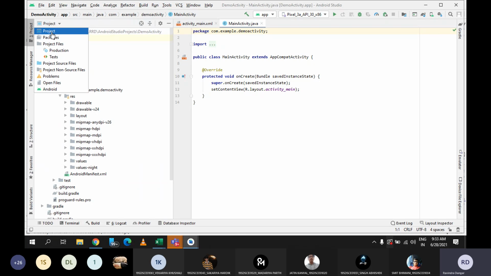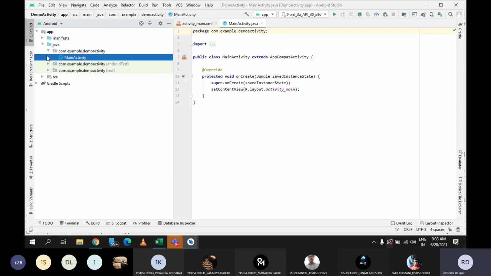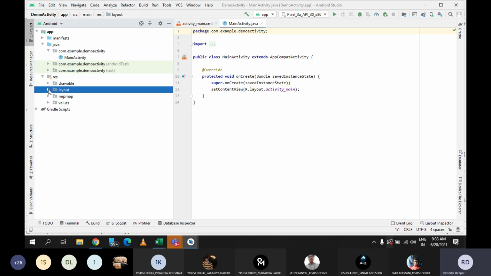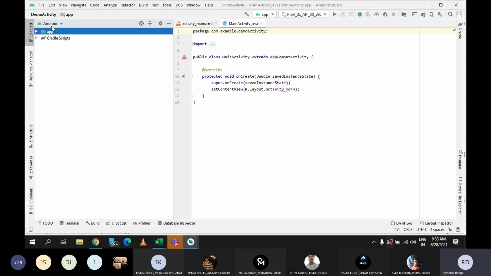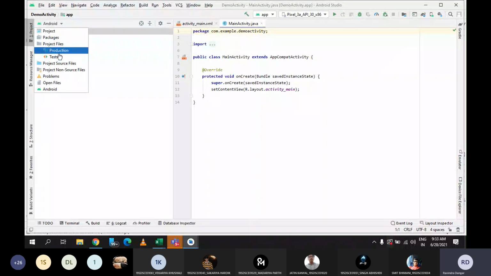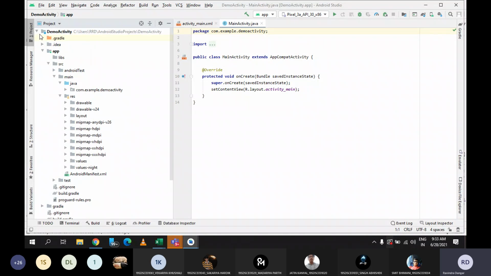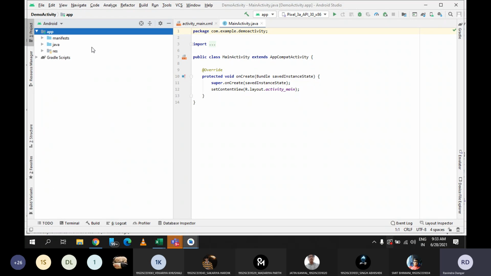You can see here, once I choose Android, the Java folder is there, the resource folder is there, the layout folder is there. So ideally this is the suitable option, and it seems good also because each option is similar, but it shows the things in a different way. It is not that if I select Project it has a different meaning, and if I select the Android option it has a different meaning. It is not that.